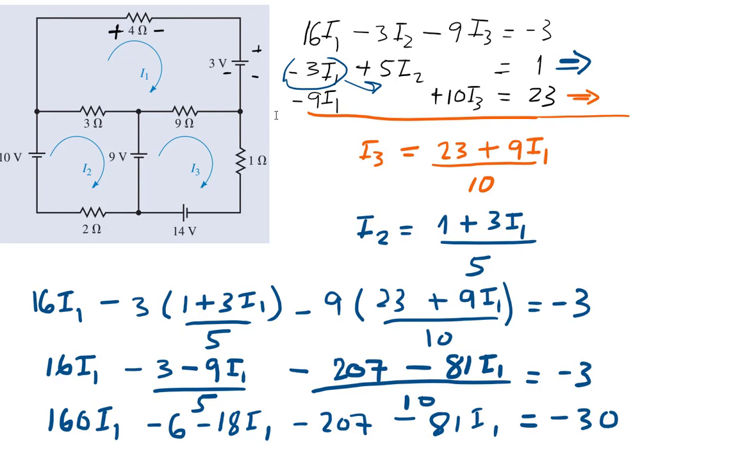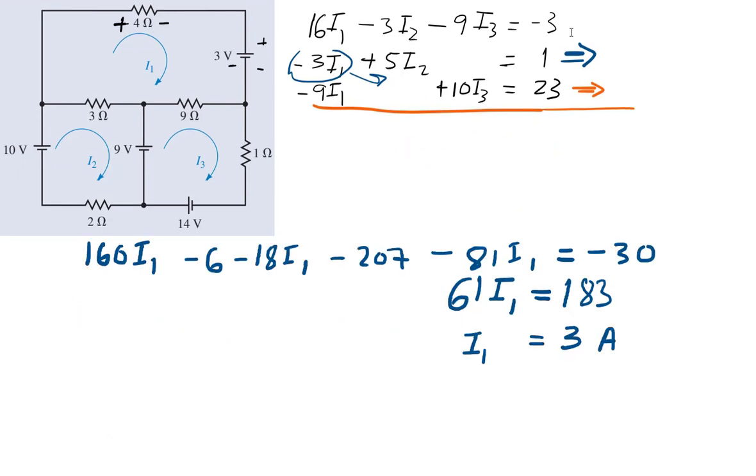After adding up the I1 terms and taking the numbers to the other side, we see that the remaining is 61 I1 equal 183, and that means that I1 equal 183 over 61, which is